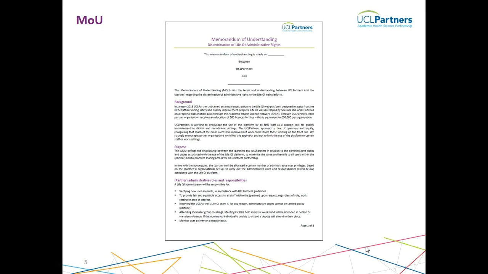So in the initial background section, we firstly outline what is Live QI, just the basics of that. From the onset, we highlight that 500 user licenses are available for free from the AHSN. Just to make that clear and have that open communication about what's available, and especially important for these organizations that are at that point already.